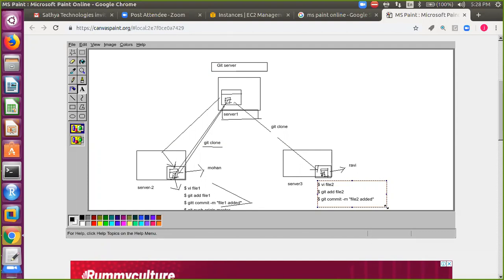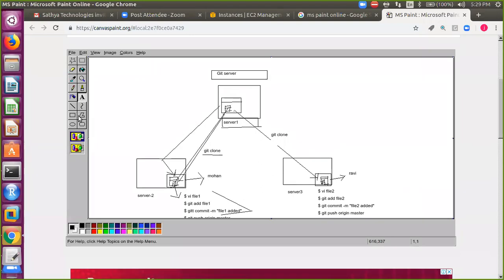Okay, and then let's say git push origin master. This is the command that he will enter, so that file number 2 will be pushed to this remote repository.